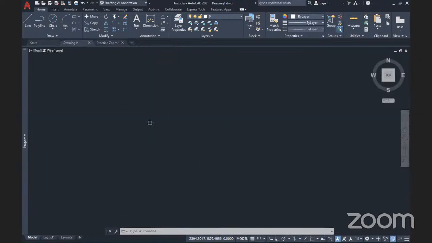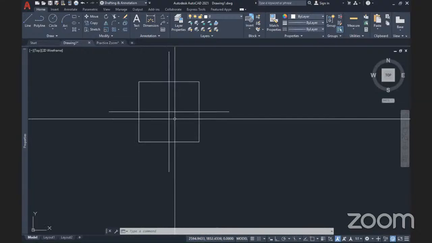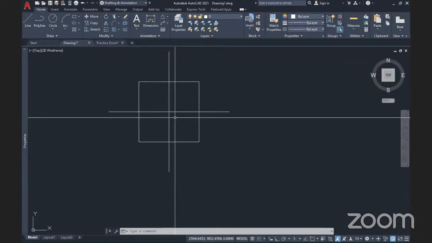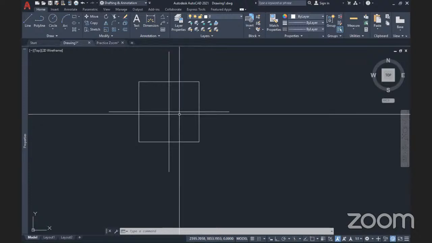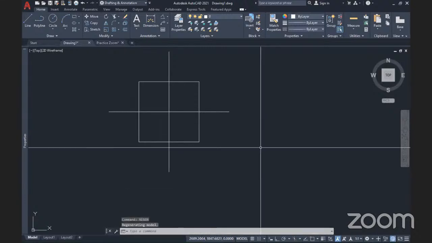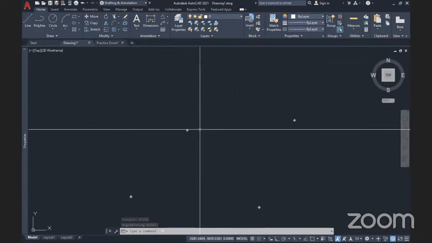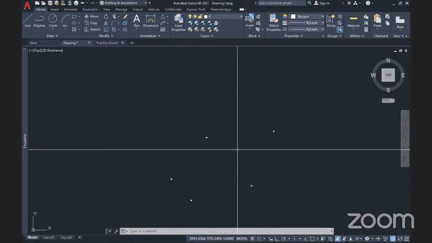So it will remain this size. Even if I zoom in, it will not mind that a point has no size. It will just keep it at 10 units. So even if I regen at this point, it will remain 10. So I don't want it to be this way. I want it to actually take a percentage of my screen. So even if I zoom in or out, I can regen and it will give me a very nice look. So I will do that again, DDP type,